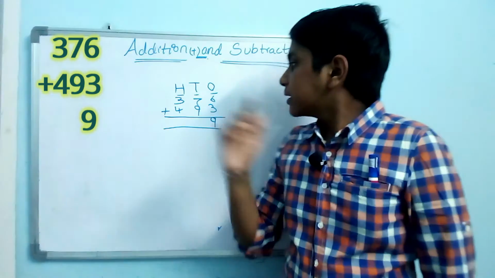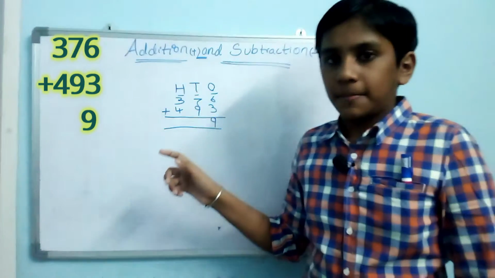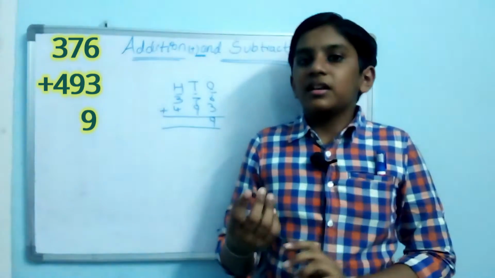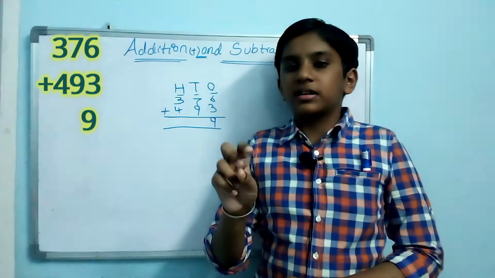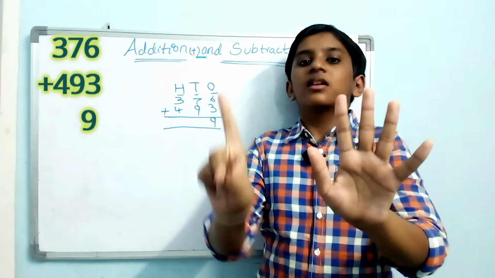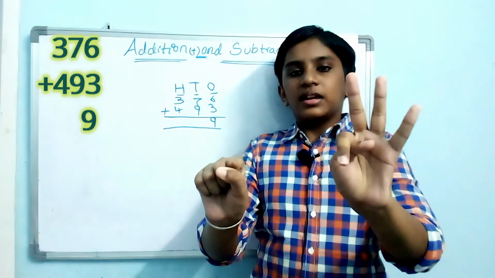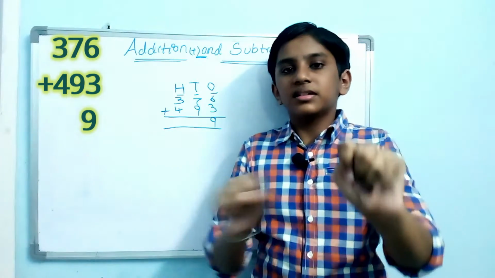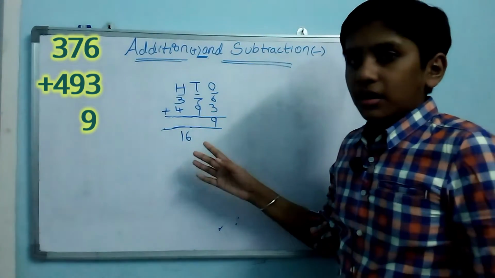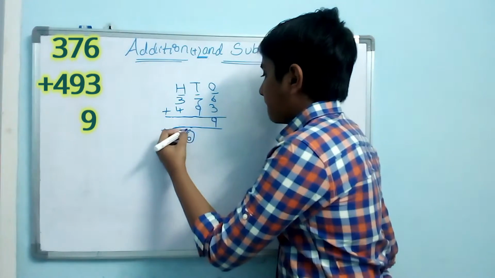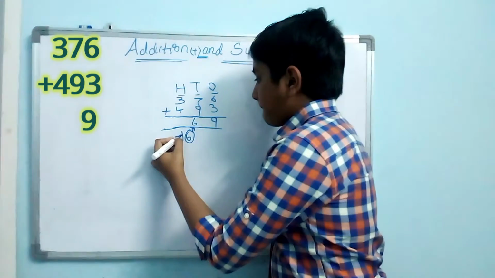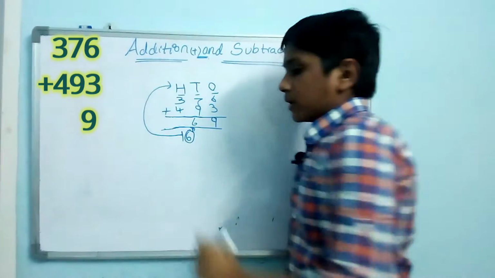Now let's solve 7 plus 9. 9 is the big number, so keep it in your mind, and 7 is the small number, so keep it on your fingers. So after 9, 10, 11, 12, 13, 14, 15, 16. My friends, how do we represent 16 here? We have to write 6 here, and we have to take 1 here,